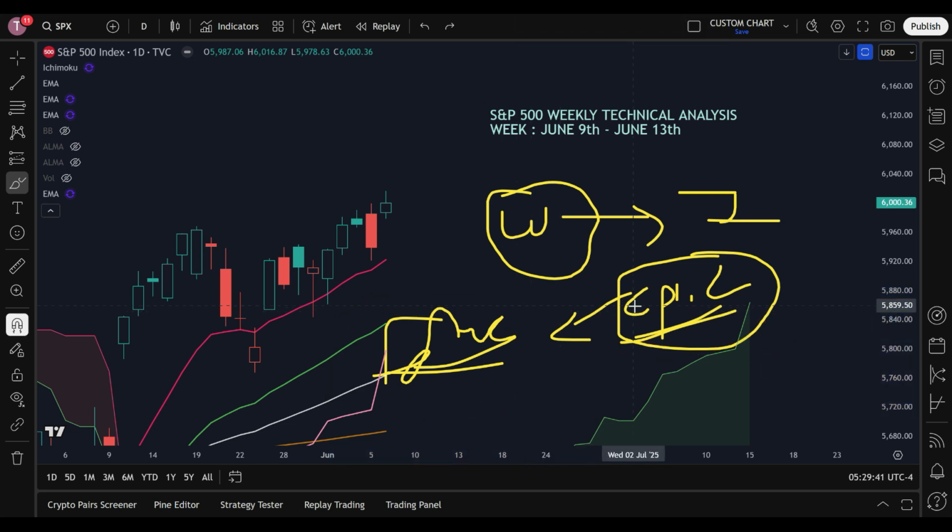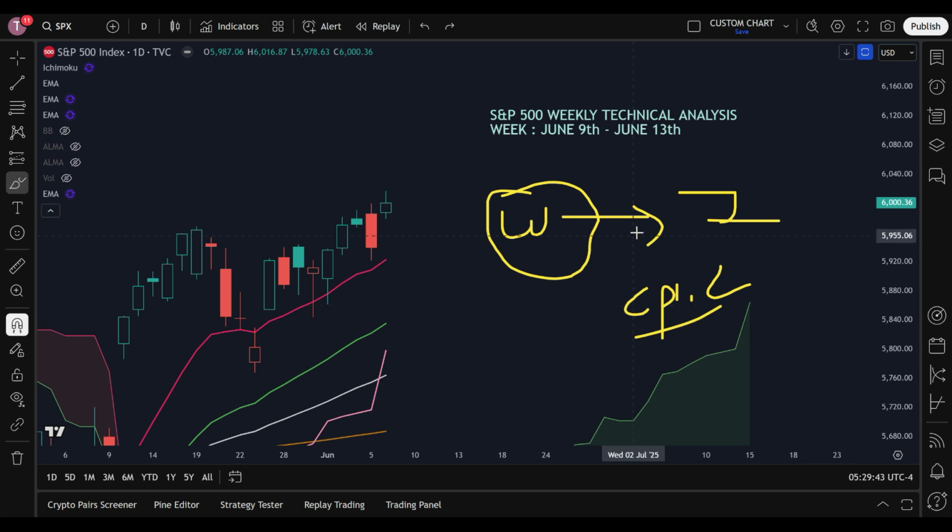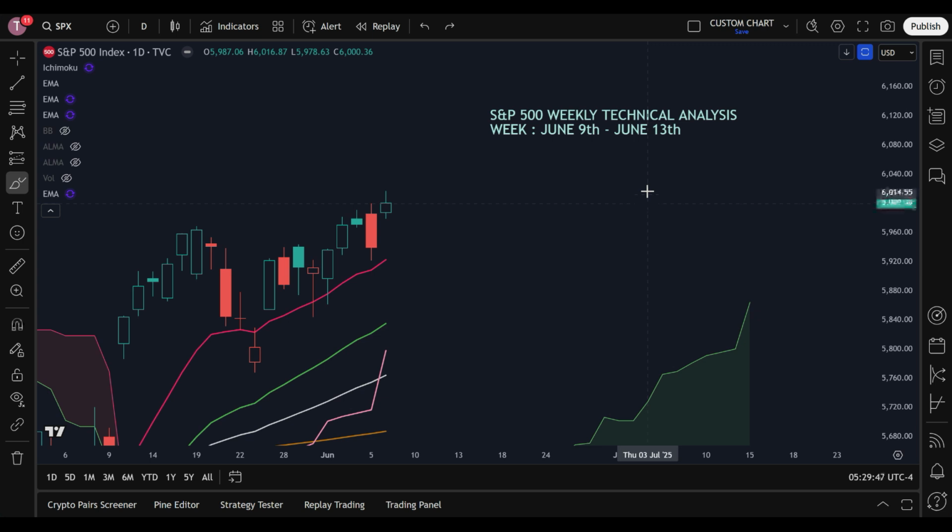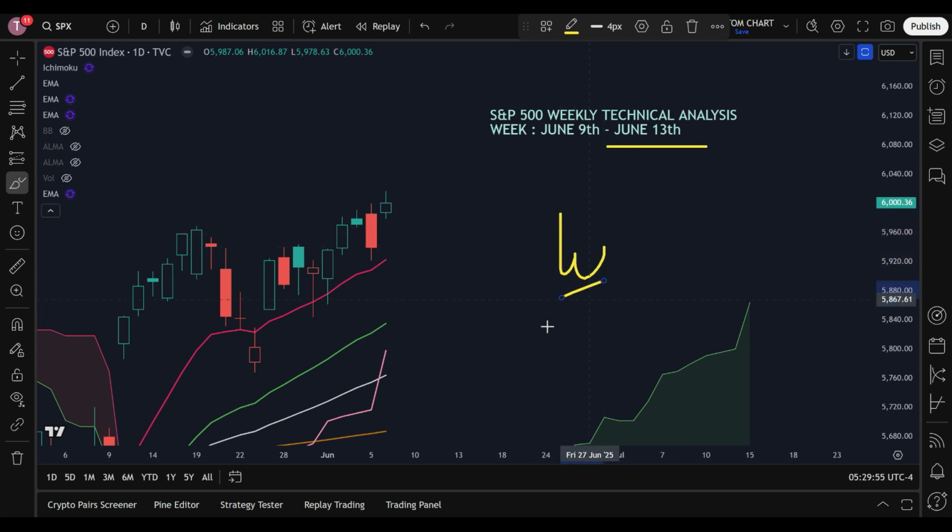The only other thing that is going to happen is on June 13th, on Friday. The Michigan consumer sentiment data will be released. However, most of the time Wall Street simply ignores that data. That is why on Wednesday the inflation data will be the most important thing that is going to happen.